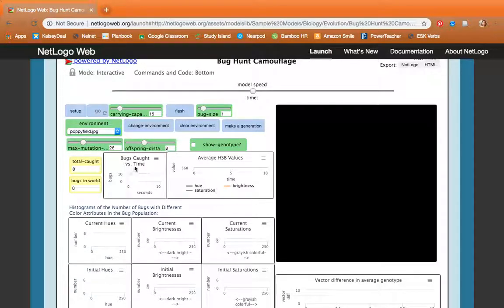We've got model speed. Leave this at default. We've got carrying capacity. Might be a good idea to try it out with 30. You might try a few different ones here before you settle on a final carrying capacity. I also recommend increasing the bug size to 2. Any larger and it probably is too easy to catch the bugs, but 1 is also pretty small, as you'll see. And then you're going to click on Setup,